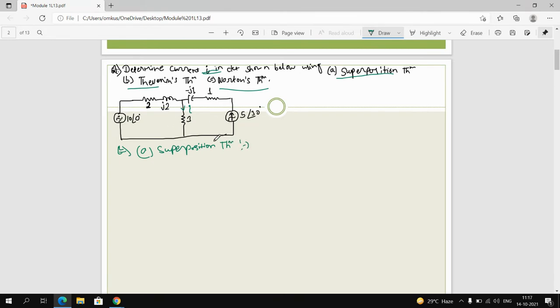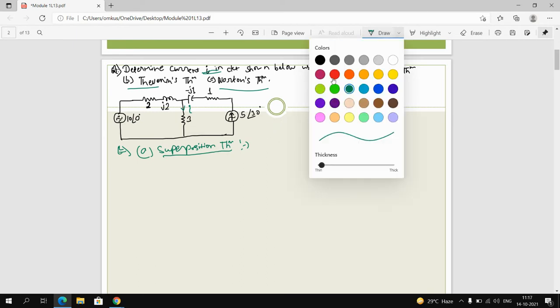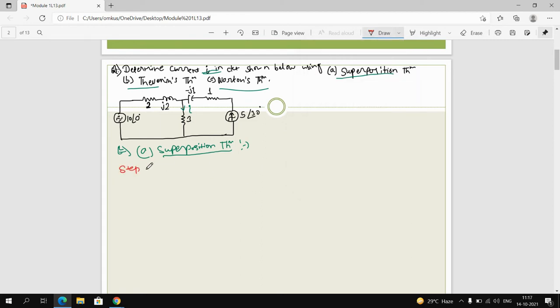First of all, the superposition theorem is applicable on a circuit where the minimum number of sources is two, right? So there are two sources, so you can use it, and in each step you have to deactivate one source, right? So on the first step,